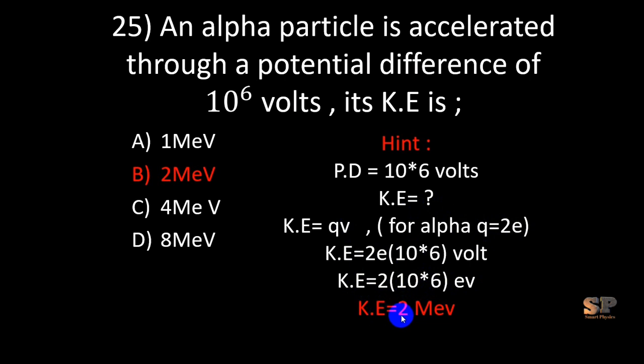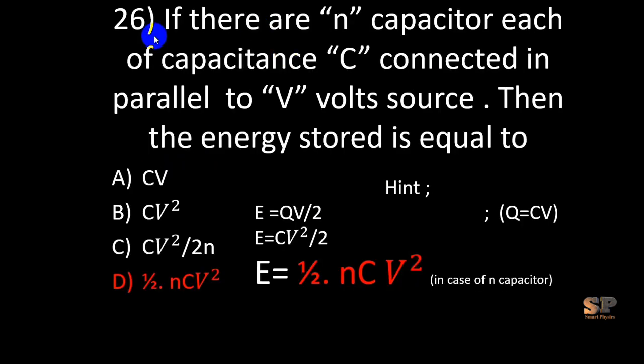Therefore, kinetic energy will be equal to 2 mega electron volt. लिहाजा हमारे पास दुरुस्त ऑप्शन बी है, which is 2 mega electron volt. MCQ number 26 है if there are n capacitors each of capacitance C connected in parallel to V volt source,